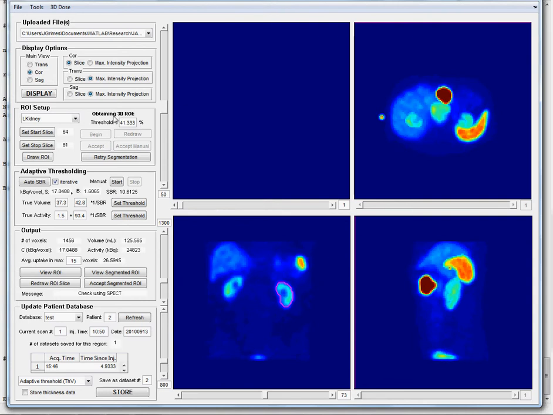We do need a lower threshold to draw a larger region that recovers all of that spilled out activity. So since we've already calculated this SBR,